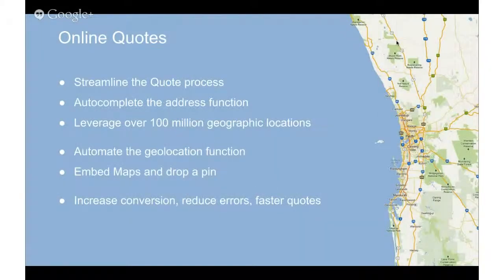So firstly, online quotes. Personalization is becoming increasingly important in the insurance industry. The first use case talks to the trend and the time it takes to complete an online quote. The address function is obviously a key factor in pricing, but it's often a multi-step process that requires each element of your address to be completed individually. Now, through the use of autocomplete functionality and predictive analysis, we believe you can dramatically reduce the time it takes